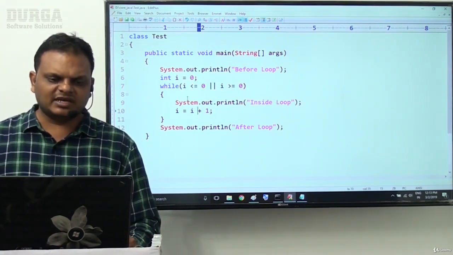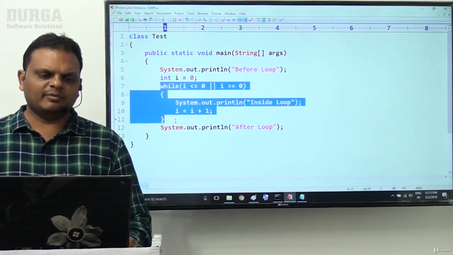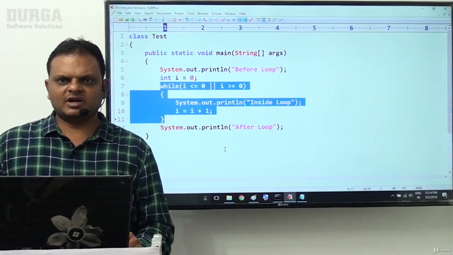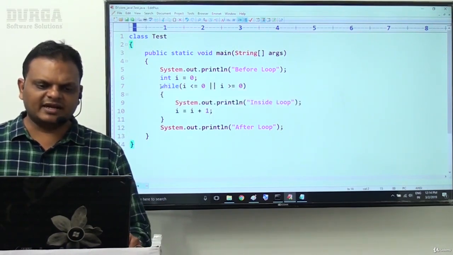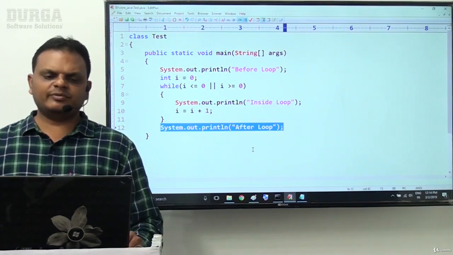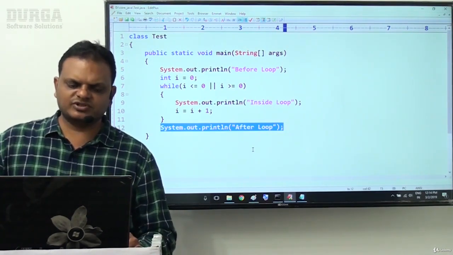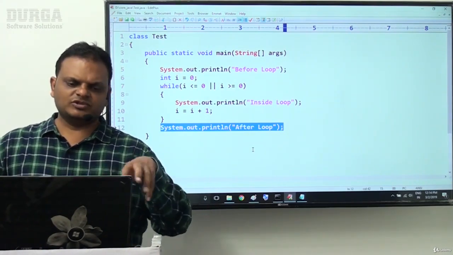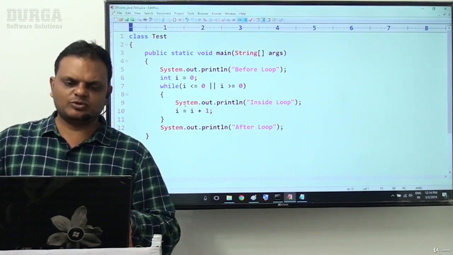When the compiler is unable to evaluate this variable expression, then the compiler will not treat this loop as an infinite loop. Once the compiler is not identifying this loop as an infinite loop, then is there a chance of declaring this statement as an unreachable statement? No. Then where is the possibility of saying this statement is an unreachable statement here? So finally, what is the status of this program?